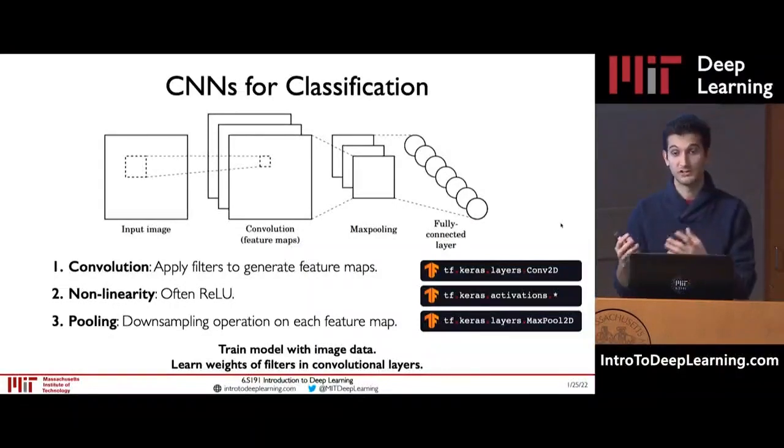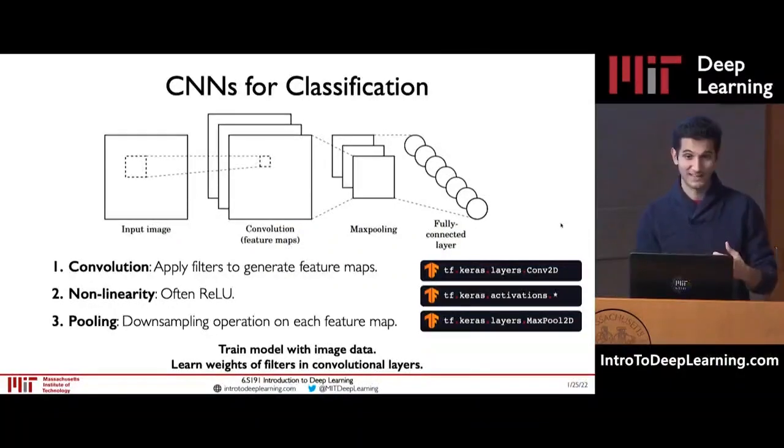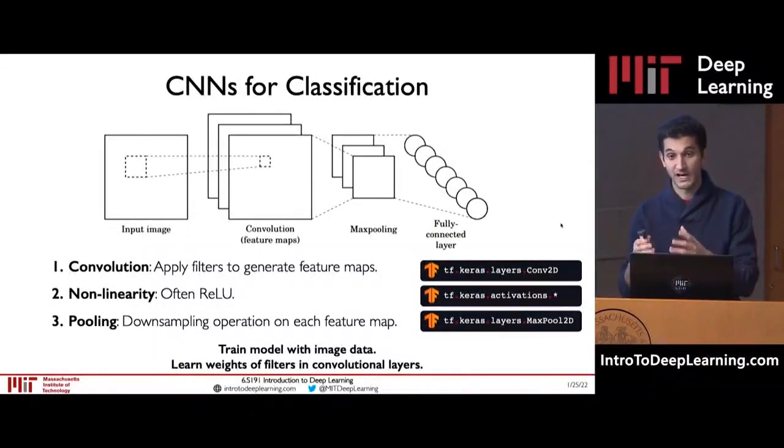So this is to introduce nonlinearity to our model. Oftentimes in convolutional neural networks, we'll see that this is going to be ReLU because it's a very fast and efficient form of activation function. And thirdly, we're going to have some pooling layer, which is going to allow us to downsample and downscale our